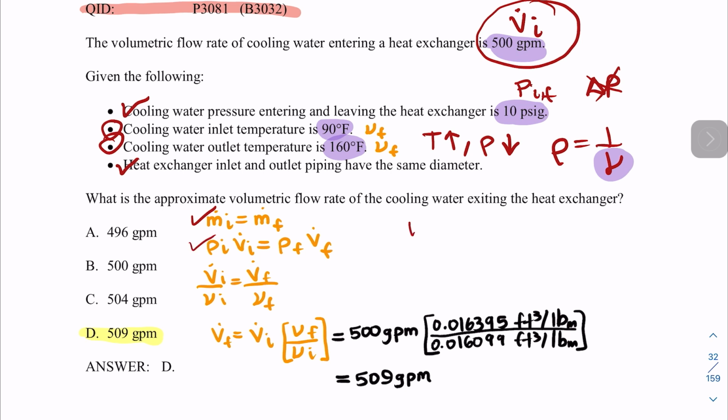But as I mentioned, I know that my density is equal to 1 over the specific volume, so I just need to substitute this in as the specific volume. So I restructure my formula here. And now the question is asking, what is the approximate volumetric flow rate of the cooling water exiting the heat exchanger? So it's just asking me for the final volumetric flow rate. So I just plug and play basically, and I get this answer of 509 GPM,